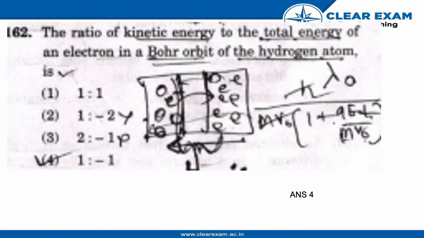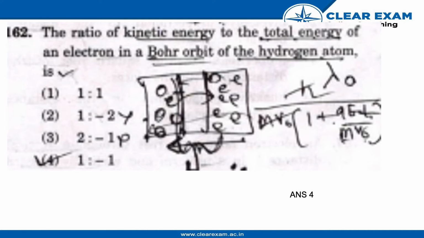Hello, so the next question is: the ratio of kinetic energy to the total energy of an electron in Bohr orbit of the hydrogen atom is 1 is to 1, 1 is to minus 2, 2 is to minus 1, 1 is to 1. So as we know, the relation between the kinetic energy, potential energy and total energy